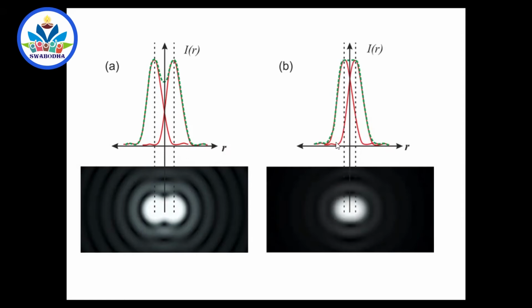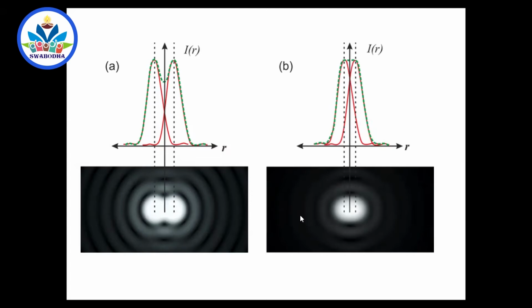What do you mean by within the first minimum of the other? Suppose the central maximum of this one is here, that means its central bright fringe is here, and its next bright fringe is somewhere here, and this is the dark position. Within its dark position itself, the other bright fringe is falling. So those two bright fringes will mix up, and you feel that there is only a single headlight. But as the vehicle approaches you, you feel that there are two, and they get just separated.